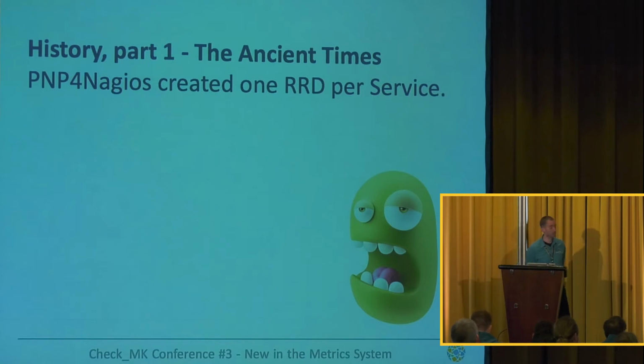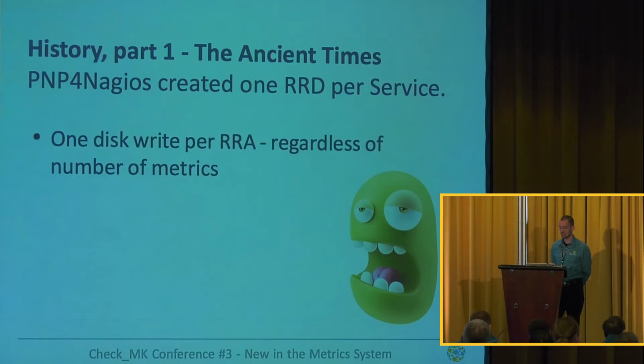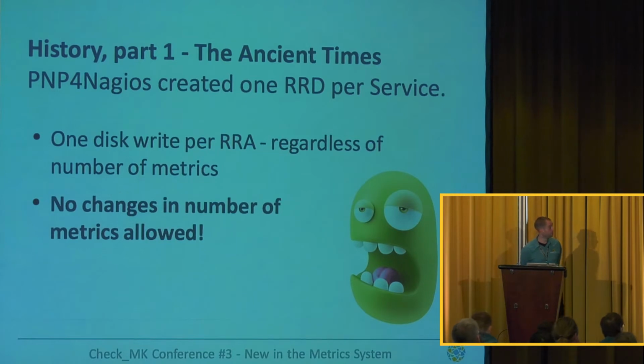And let me tell you about the history of this development. When we started with the whole Checkmk thing, the default was PNP for Nagios, like we still have in the Raw edition. Per service, one round-robin file was created, where all the metrics from the service were included, which is nice because I only have one disk write per round-robin archive, regardless of the number of metrics. So performance-wise, this is not a bad idea, but